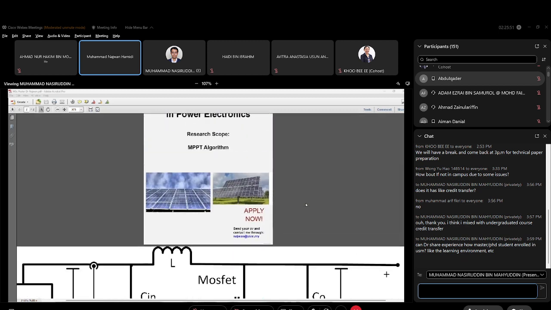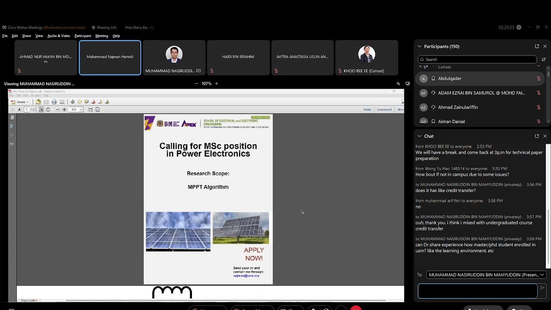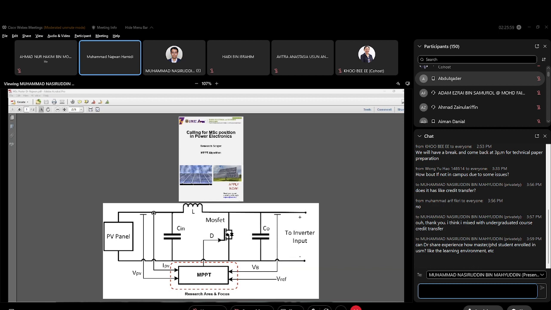So in brief, some of you might have known. Maybe we could look at the figure below. Okay, thank you. So for those interested in power electronics, I believe you have taken the power electronics and advanced power electronics courses, and you might have learned about converters. If we jump deeper into the converters area, we will learn about MPPT, which is an algorithm to track maximum power from a PV panel.